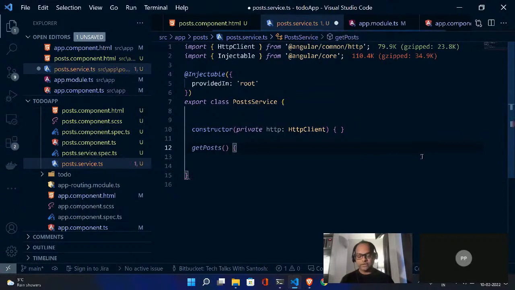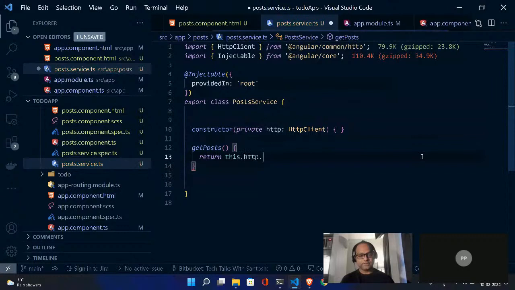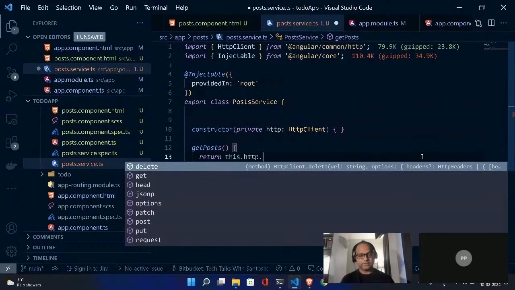So I'll create a method called get post, and here I'll return this dot. Now these are all REST API methods which are available. So REST has get, post, put, delete, patch options, JSONP, and so on.